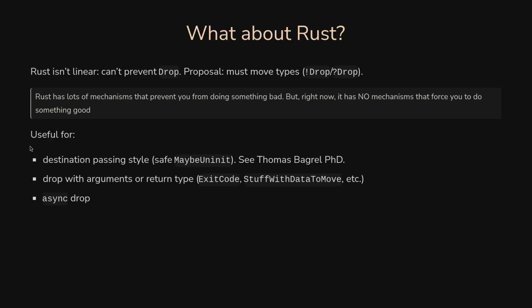Last thing, where does Rust fit? Well, I could say a lot about this, but one interesting thing that Rust is missing is that it lets you at any point drop something implicitly. But it might happen that you don't want that. If you ever need what you could call destructors or drop with arguments, you need to drop something, but actually you want to pass some argument or to get back a value.